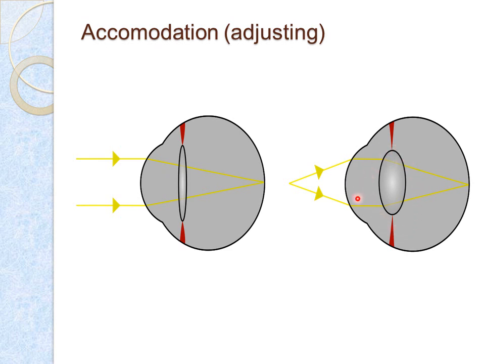So, in normal condition, the ciliary muscles are always relaxed and the lens remains stretched by the suspensory ligaments. Thus it is best suited for distant vision. So our eyes are always best suited for distant vision. I think this is clear, accommodation. Now, let us move on to the next slide.